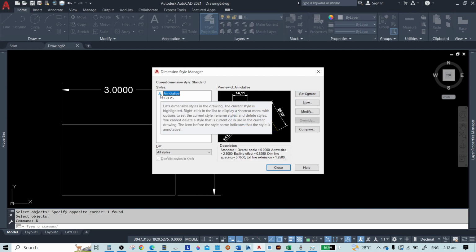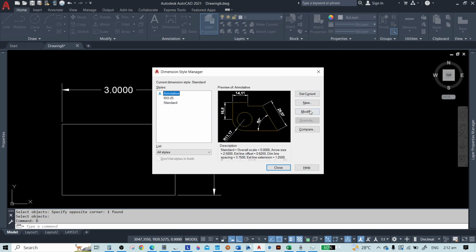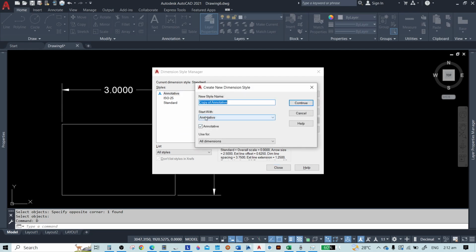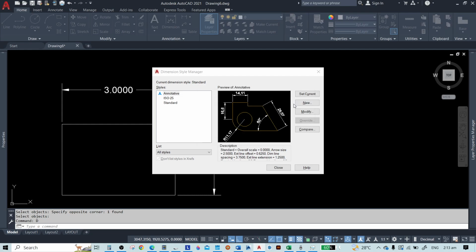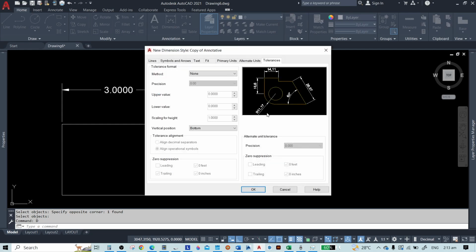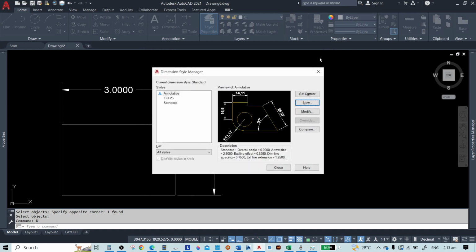This is the symbol of the annotative, this blue one, and then new, as you can see, copy of annotative, and also start with annotative. So also do not forget to check this box. Okay, then continue, and then just close this one, and then set current, close.